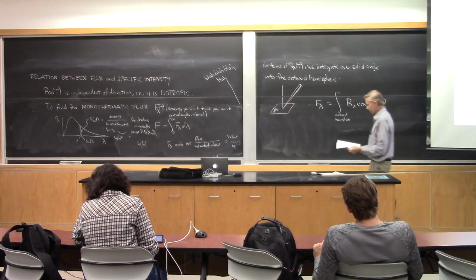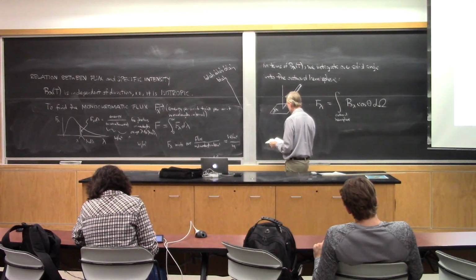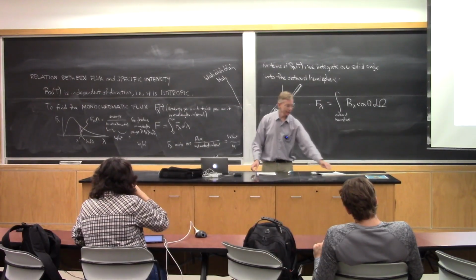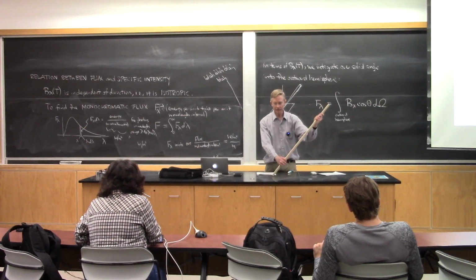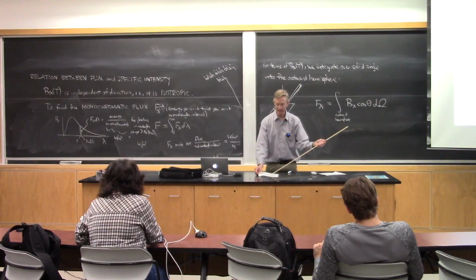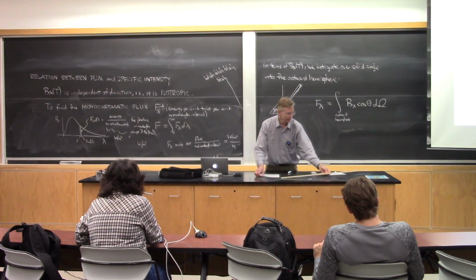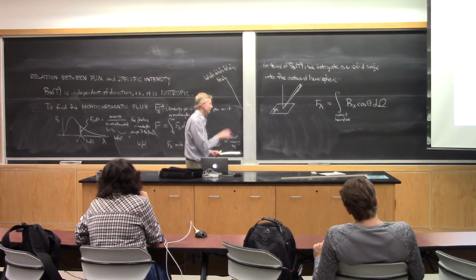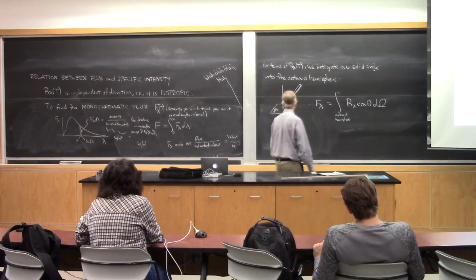And again, that cosine of theta is coming from this idea that if I'm looking at an angle to the surface, I just see the projected area dA cosine theta of a patch instead of the entire area of the patch. And so we can think of,